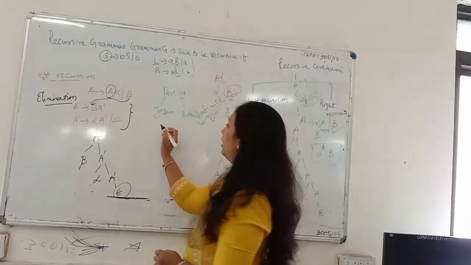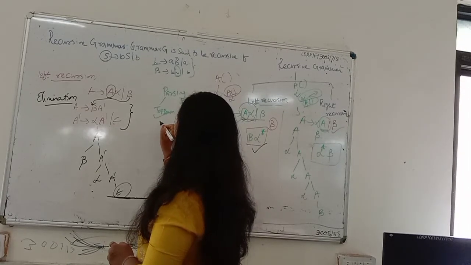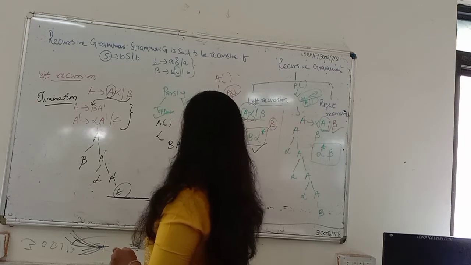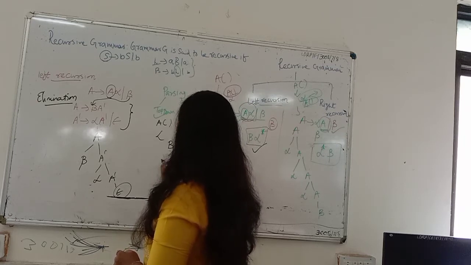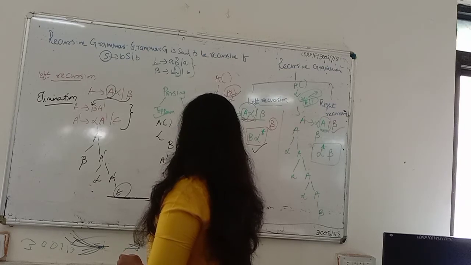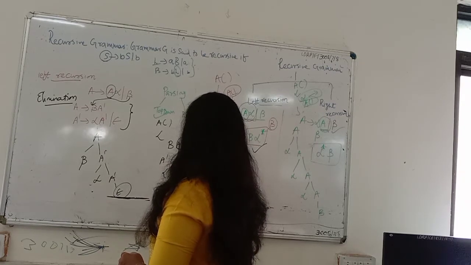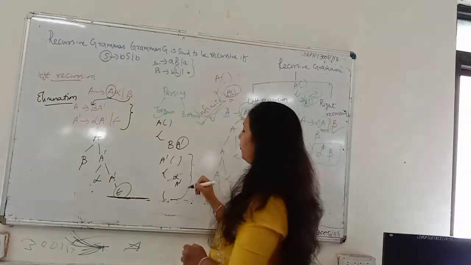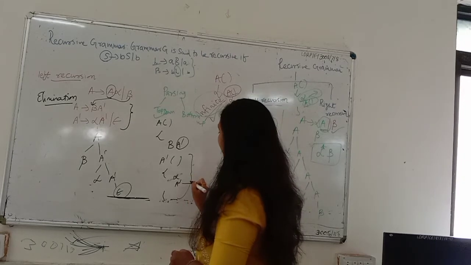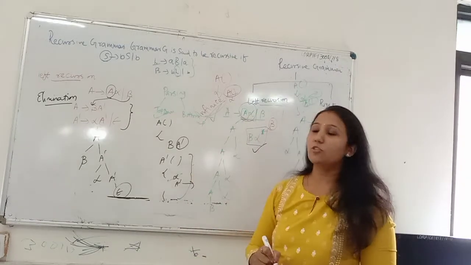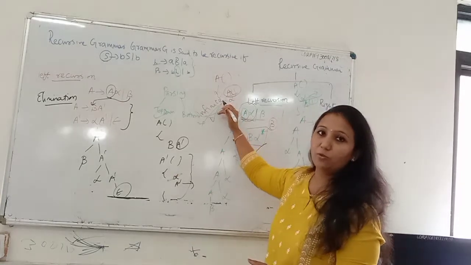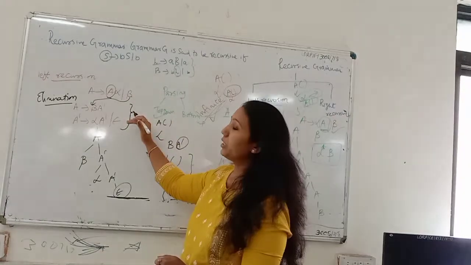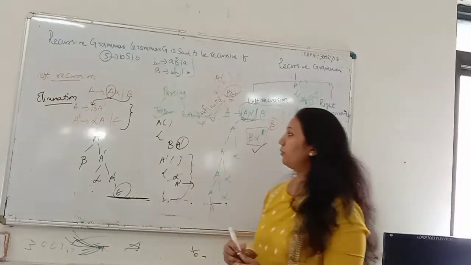If I have to implement it in the form of functions, then in A we have beta A dash, so the function call of A dash, and in A dash we would have alpha and A dash. So this problem of infinite loop would be reduced. Here we can take A dash as null. The problem of the infinite loop would be removed by rewriting the left recursive grammar using this formula. I hope this would be helpful.